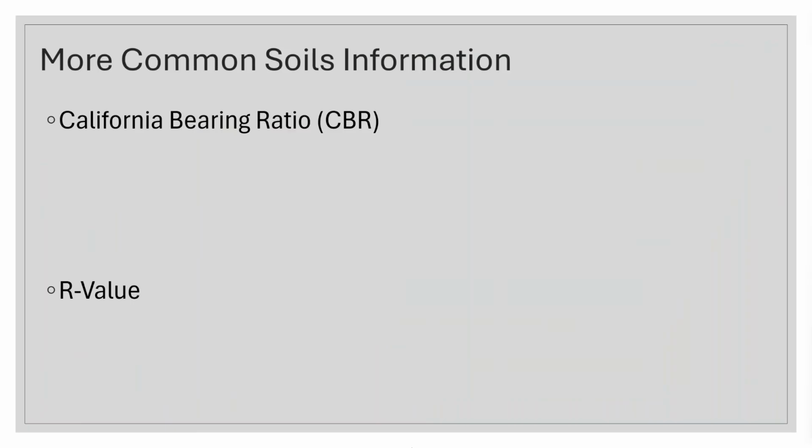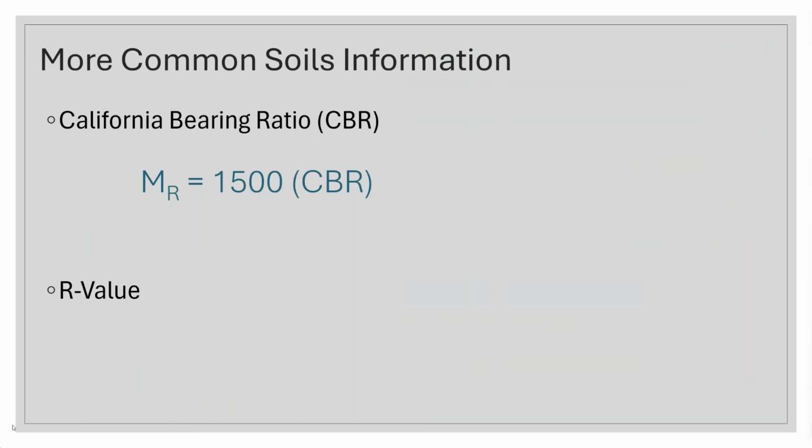All right, so more commonly we talk about things like the California bearing ratio, CBR. That's a number that describes soil strength. There are also things called R value, and R value is just another characteristic. A lot of DOTs use this type of test, also referring to the strength of the soil. So the CBR test is easier to run than an actual resilient modulus type testing.